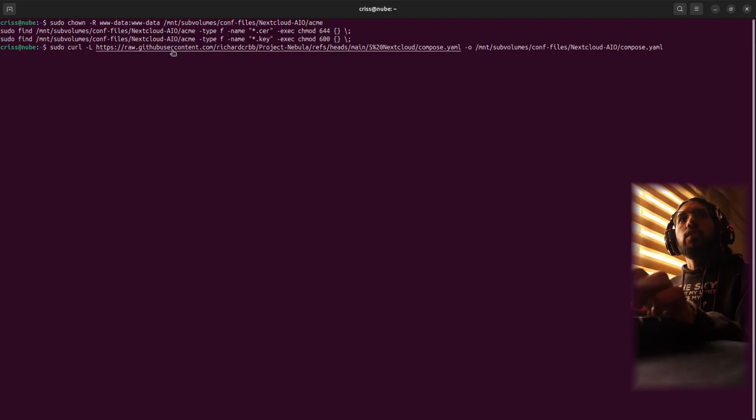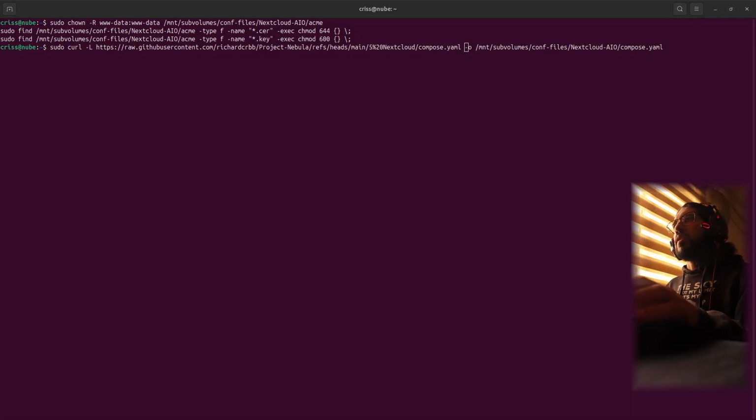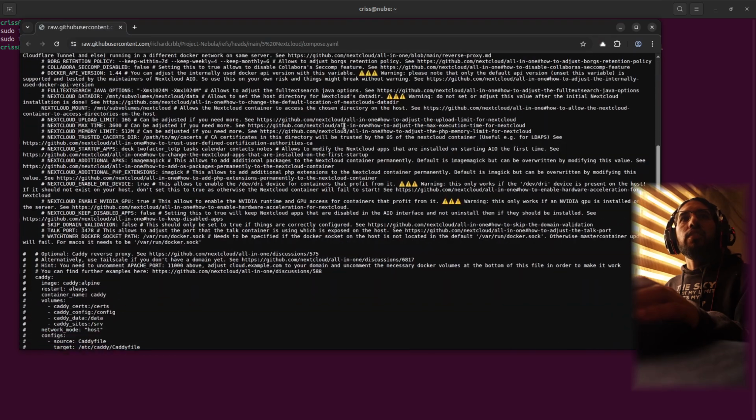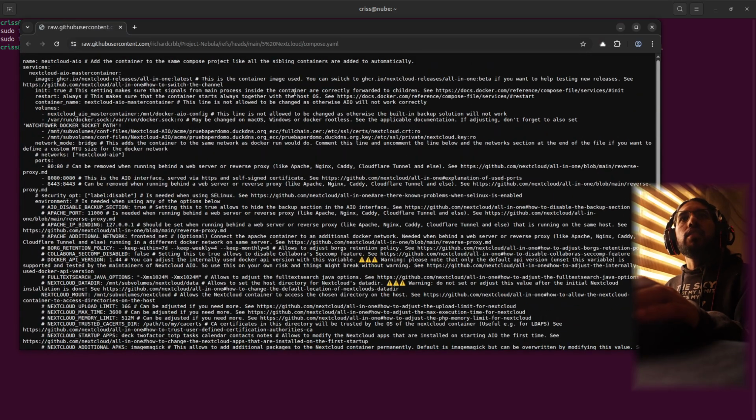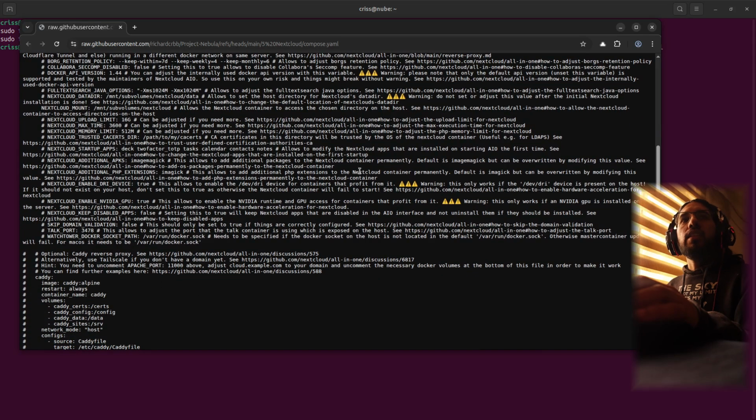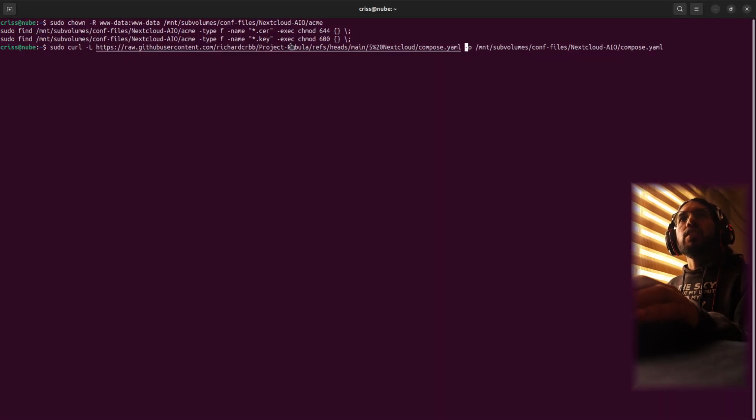So basically it is downloading this file, which I'm going to show you, is this one. This is the file we are going to download. It's the original, the official Nextcloud compose YAML file of Nextcloud, but it has some modifications we are going to see later. So it's downloading this file into this directory, which is in the configuration subvolume we created in the Nextcloud directory,